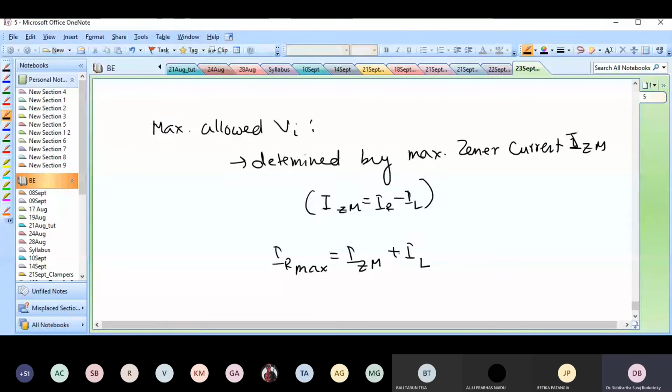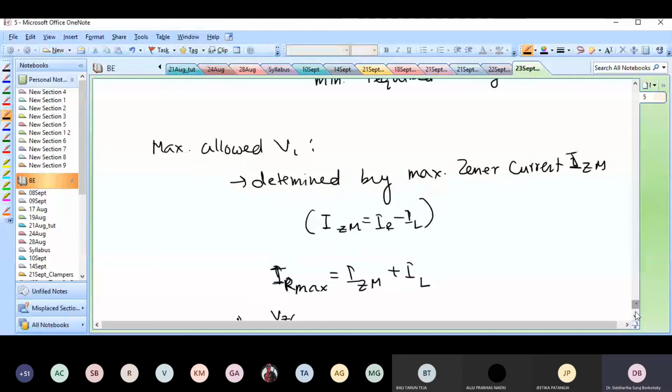So load current plus the Zener current is the current supplied by the voltage source. That current is the maximum one you get when your IZM is maximum. Since IL is fixed at VZ by RL, and RL is always fixed,